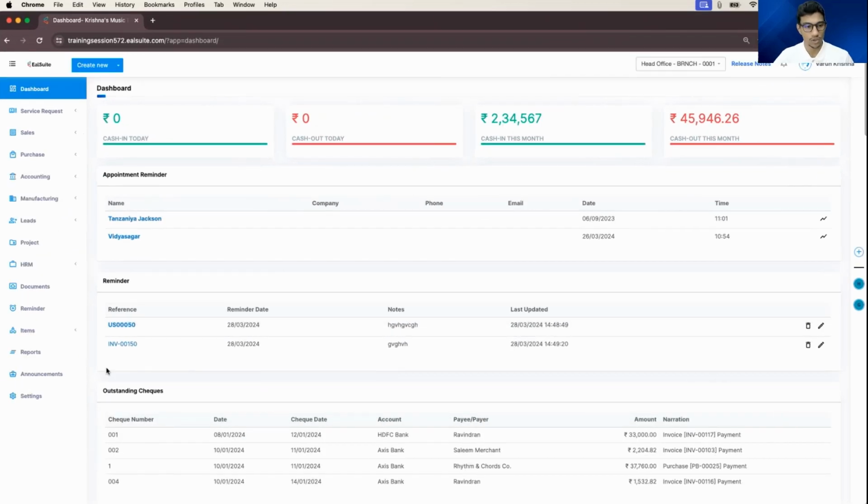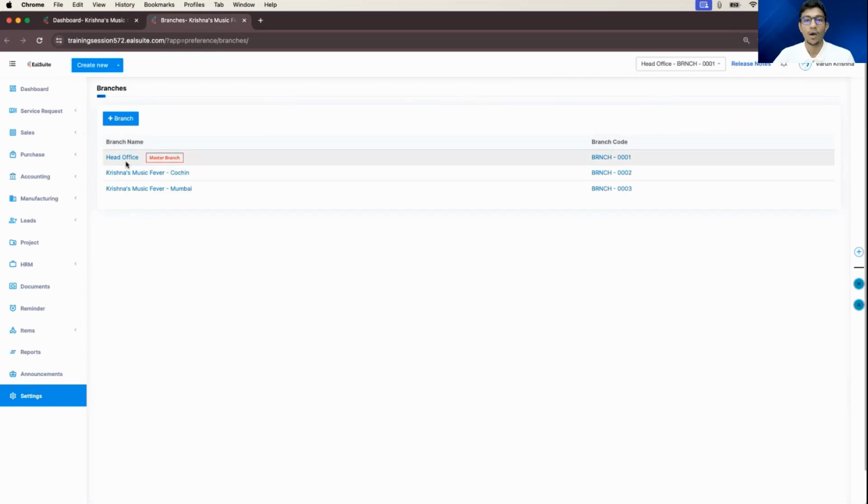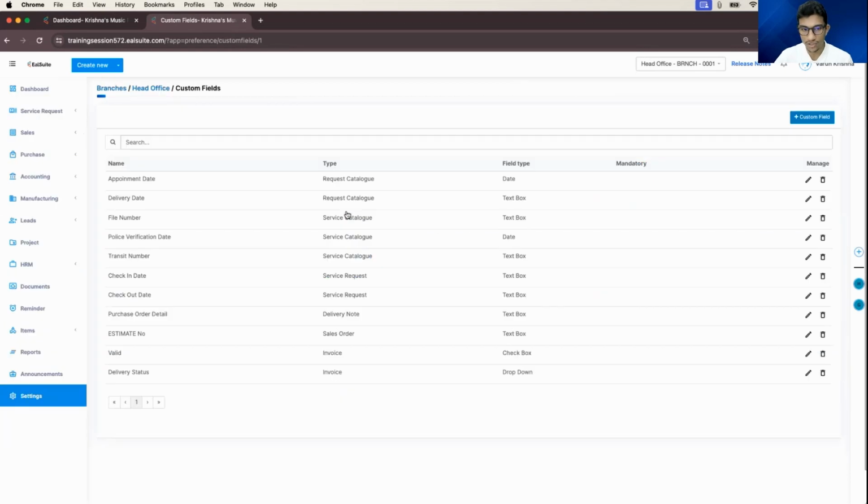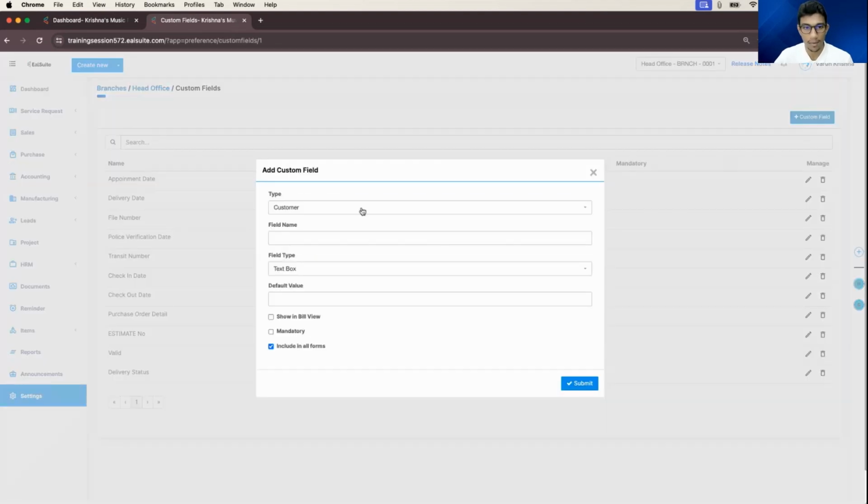Here it is. So we're speaking about custom fields. I'm going to create a custom field in my first branch, and I'm going to create it against a supplier. Imagine you're creating a new supplier and you want to associate some items against that supplier, like you're always going to buy those items from that supplier. And when you go to the details of a supplier, you want to know the details of the items as well. So in such situations, I'm going to